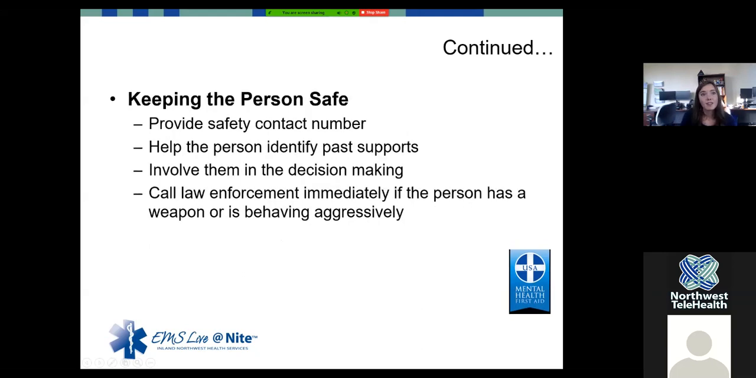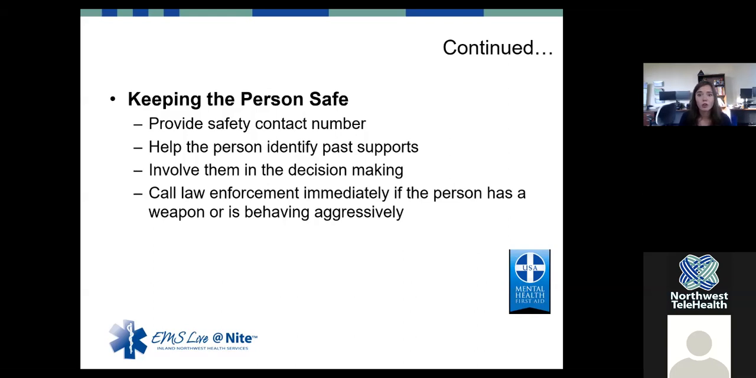Keeping the person safe. This is really important, and I'm sure, again, you know about this as EMS providers, but provide a safety contact number. I'll give the number for the suicide prevention line at the end of the presentation if you don't already have that, but that could also be identifying a past counselor or a person that you know they would call, and providing that number. And then